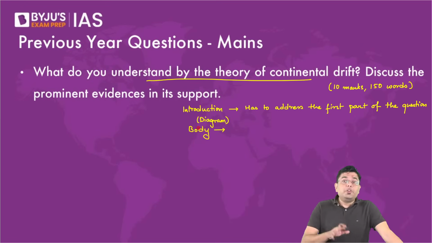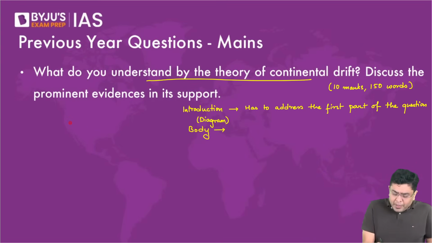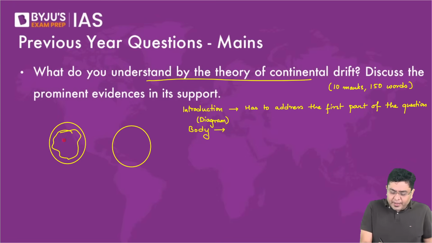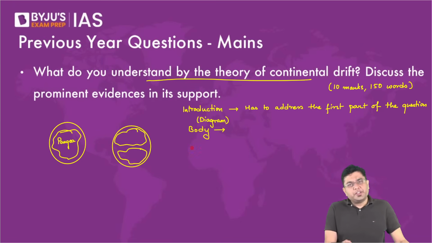So here, in the introduction, what have you written? You have written about the theory of continental drift, isn't it? So here, you draw a rough diagram of the planet, right? You draw a rough diagram and a series of these diagrams, where you show a very simple rough one, that you have Pangaea. That Pangaea got broken into Laurasia or Angaraland and Gondwanaland, right? And that eventually broke into the various different continents and oceans. So that is sufficient there.